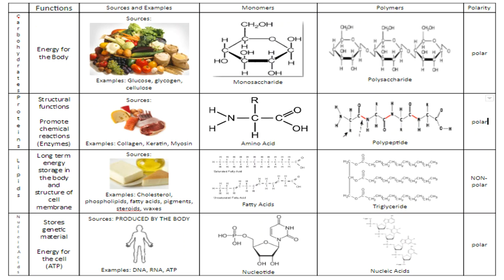First, we know that there are 4 of our biomolecules. We have carbohydrates, proteins, lipids, and nucleic acids. You guys need to know the function of each. When I talk about energy for the body, you should immediately think of carbohydrates. What are the food sources for carbohydrates? Well, anything that's plant-based. So this would include all of your grains, all of your veggies, all of your fruit,